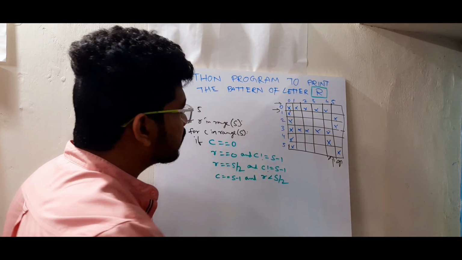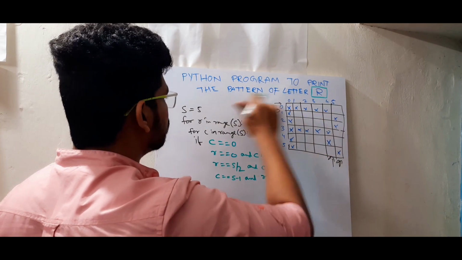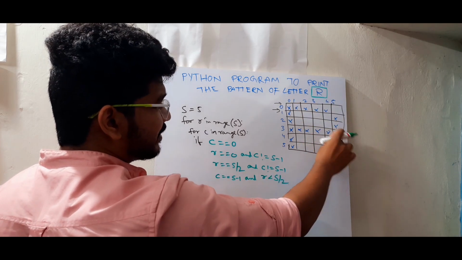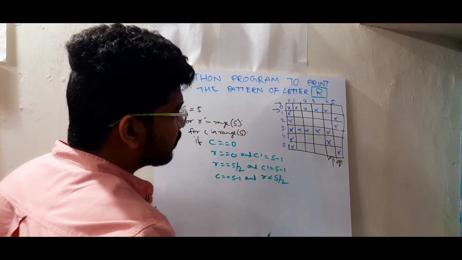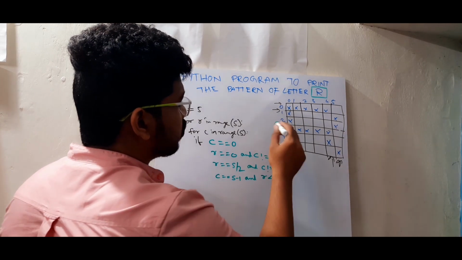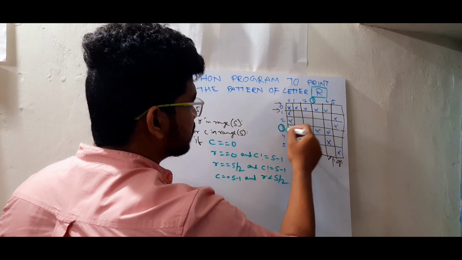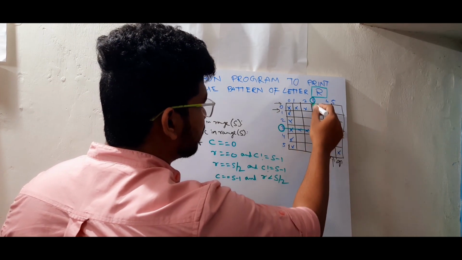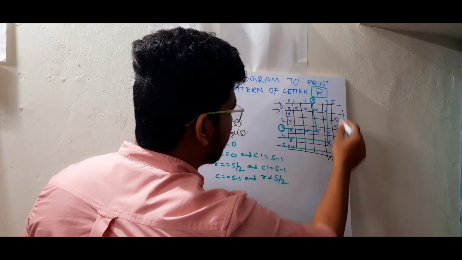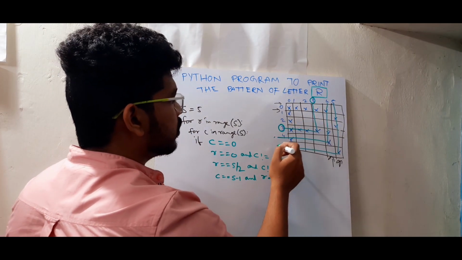And for the fifth condition, actually this is a 5 by 5, you can see it small, but if you do a bigger square, you will see this condition properly. So the condition for that is, see, this column is 3, this row is 3, this column is 3. Here we print star, and here we have one more, and here we have one more. That means column is 3, row is 3, column is 4, row is 4, column is 5, row is 5.